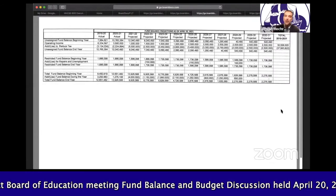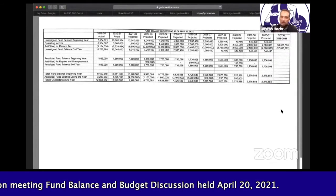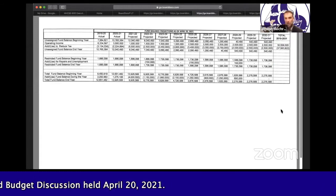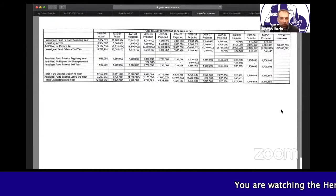And that money has certain uses. And as we have been talking about throughout our budget process, Enrique has been sharing a vision and a theory of using the fund balance over time to offset what would be particularly high potential tax increases as the cessation fund begins to dwindle, as the Indian Point pilot also continues to dwindle, and that is a one-time revenue to offset huge potential tax increases. So we wanted to walk the board and the community one more time through our fund balances,